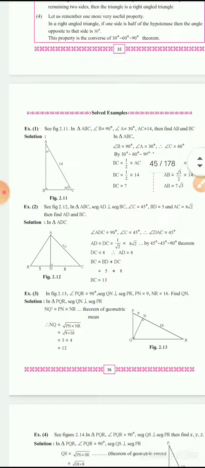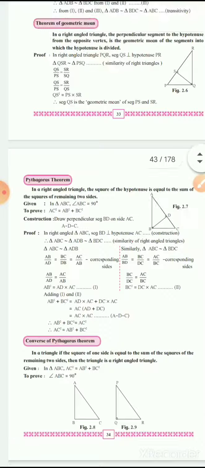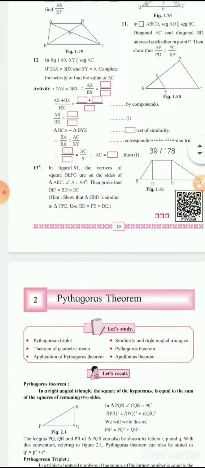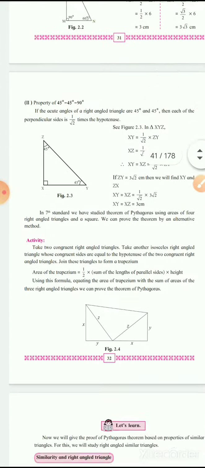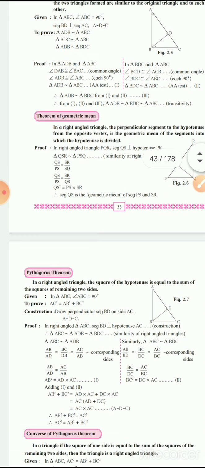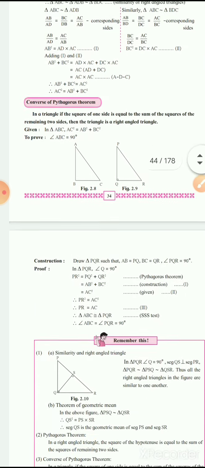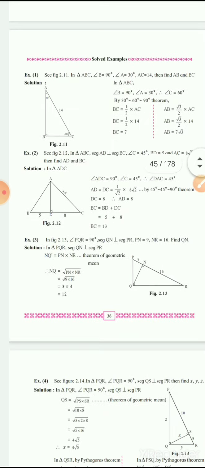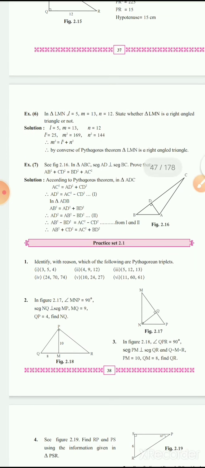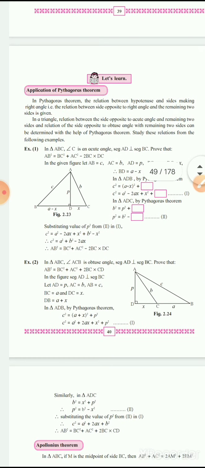So let us see next, with the help of this: similarity, theorem on similarity and right angled triangle, and theorem of geometric mean, and Pythagoras theorem, and converse of Pythagoras theorem. We have to solve examples in practice set 2.1, but in the next lecture. Now I am showing you